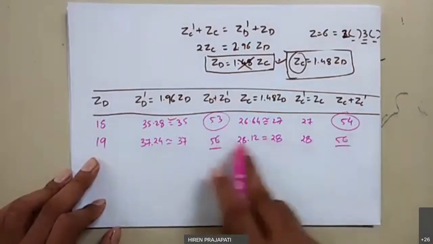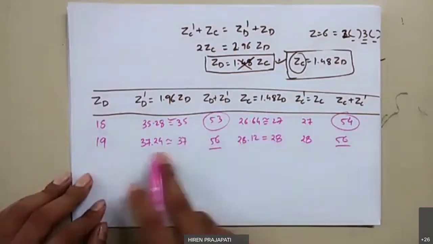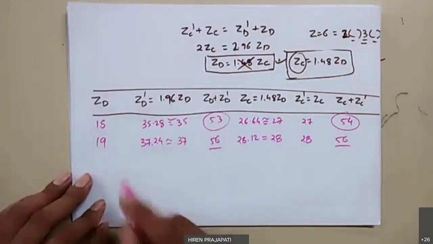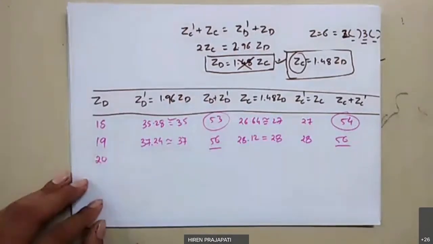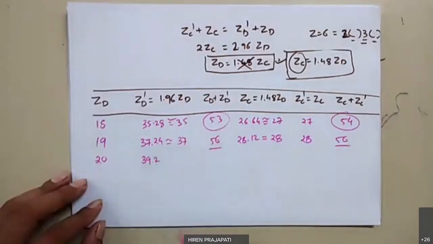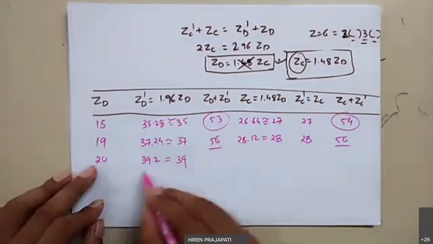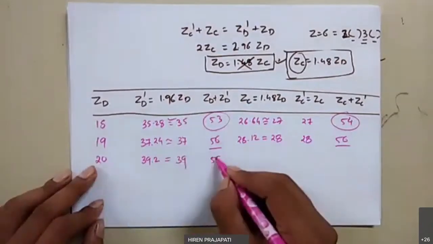We can terminate the loop here, but let's check one more time whether we are getting a rounded-off value directly from the fraction list. If we go for 20, again we get some fractional value, 39.2, which if you round off, you get 39. Make the total of these two, we'll get 59, right?